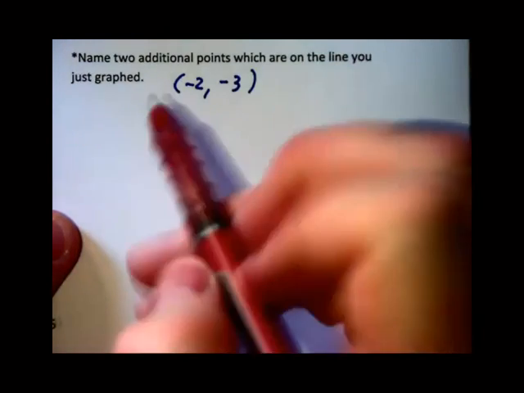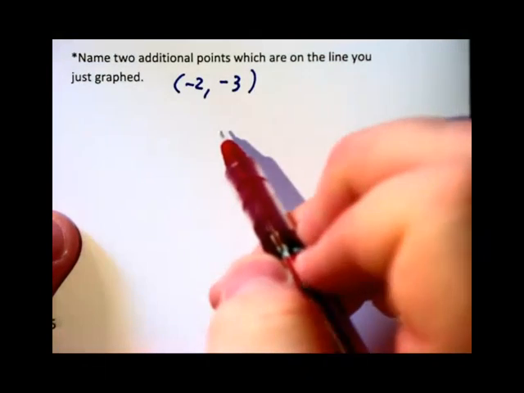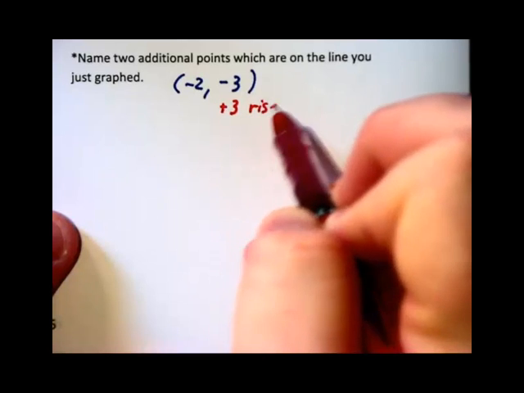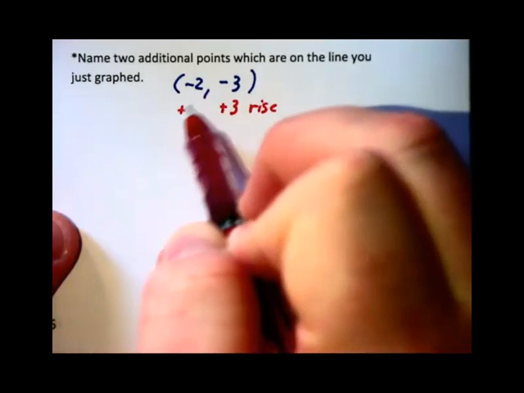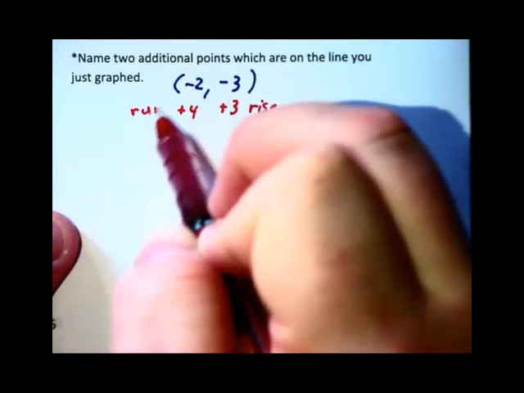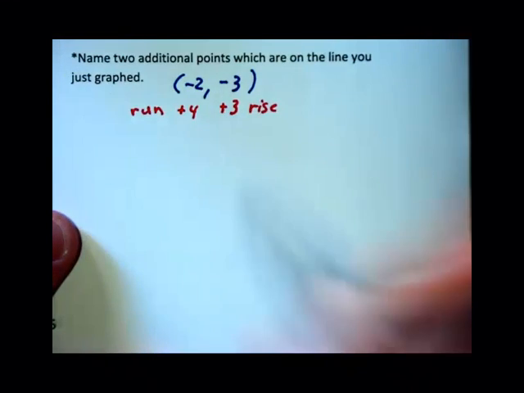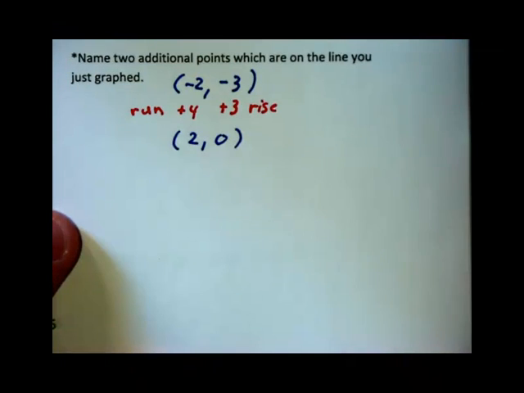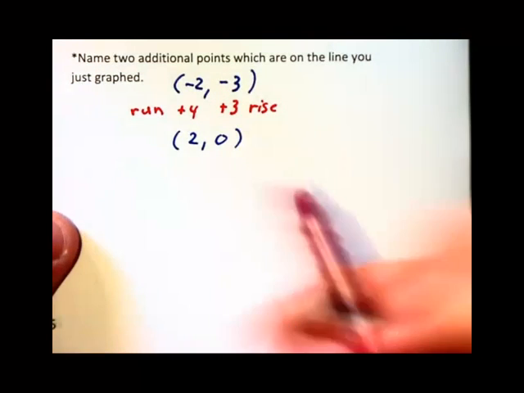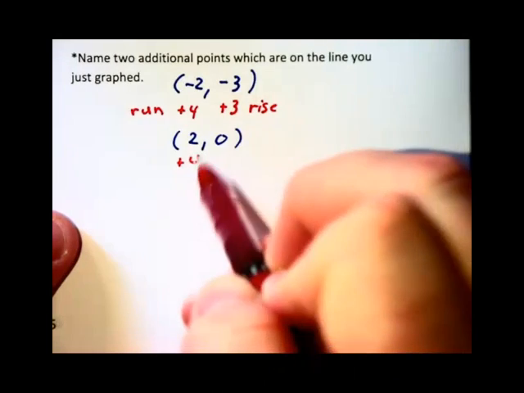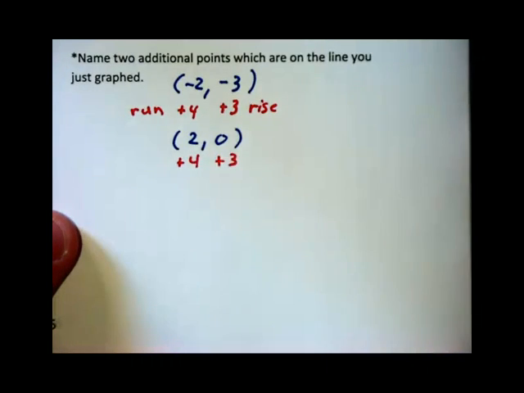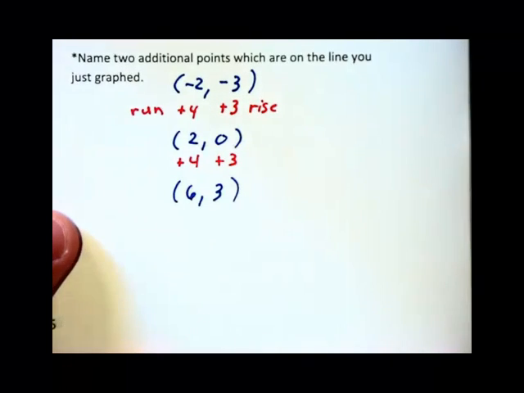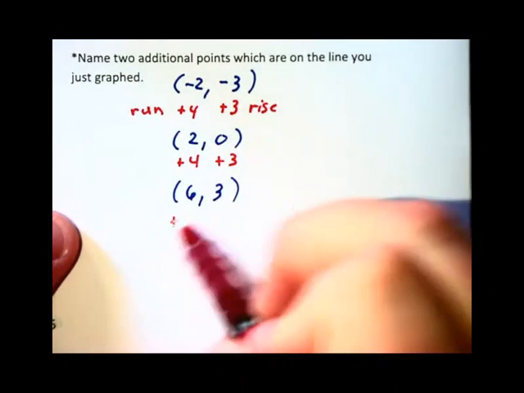And when we said we're going to rise 3, wasn't that going to add 3 to the y coordinate? And when we ran 4, didn't we add 4 to the x coordinate? And that took us to the point 2, 0. Now I can do the same thing to get 2 additional points by adding 4 to the x and adding 3 to the y, and that will get me to 6, 3,